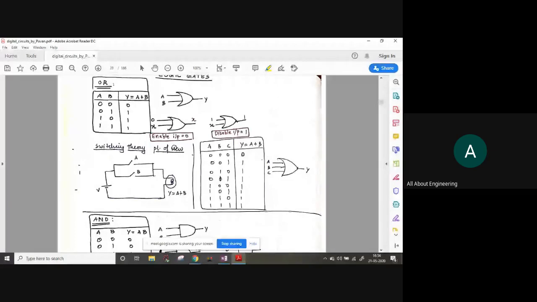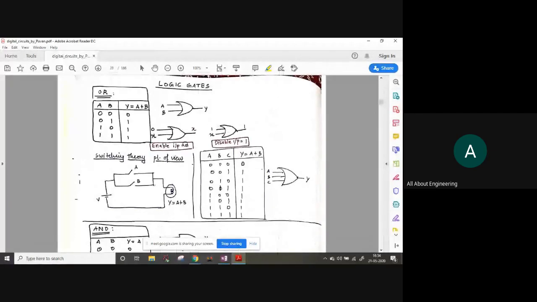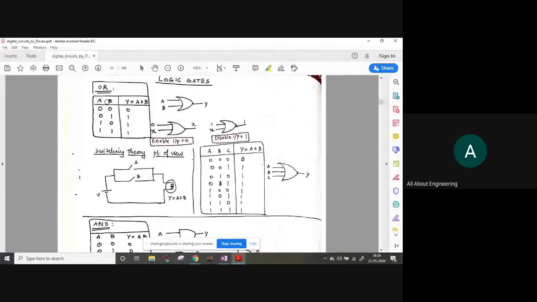The first and foremost gate is the OR gate. In the OR gate, if you look at the electrical equivalent, it will be much more comfortable for you. 0 0 means both the switches are off. Now this circuit is open, right? No current can flow through this path or this path, so you will get 0 at the output, so the bulb will not glow. Similarly, if either of this path or both the paths are closed, then the bulb will glow. So for 0 1 or 1 0 or 1 1, the output will be 1. So this is the functionality of the OR gate.